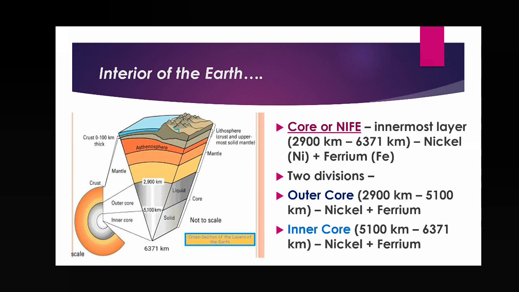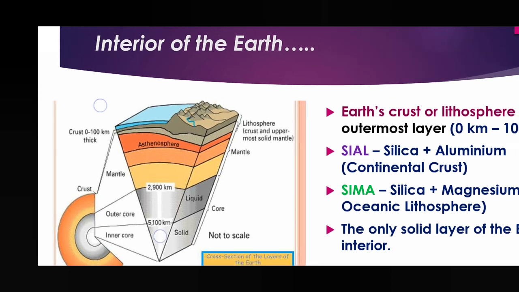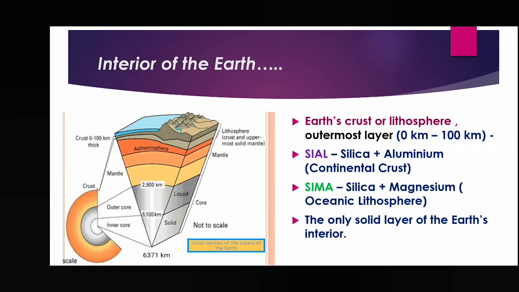Now we have to discuss some new topics. What are the topics related to this one? This one means what? Lithosphere. Take a look. Lithosphere is the only layer of the earth's interior structure which is made up of solid rock, and it is the outermost layer. This lithosphere extends from 0 kilometer to 100 kilometer depth. That means its thickness is up to 100 kilometer, and it is divided into 2 subdivisions.